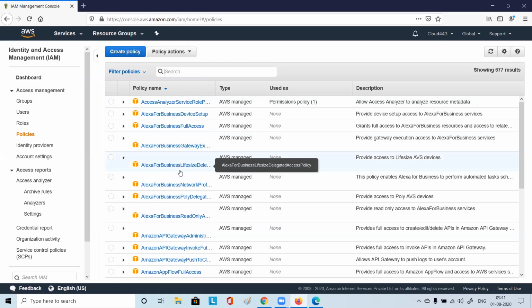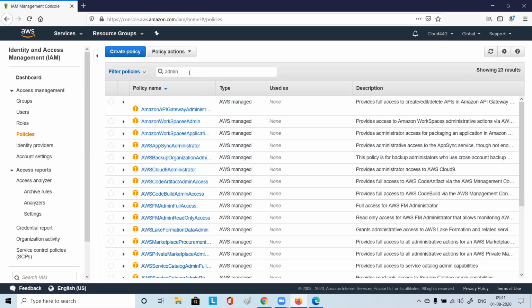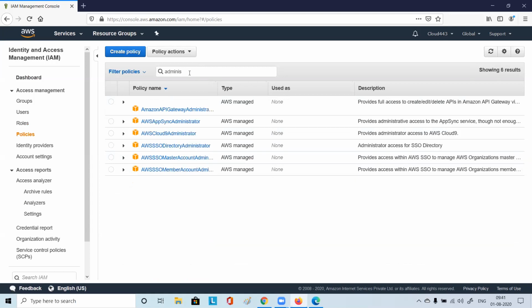If you want to assign a particular policy, you can choose one related to what you want to give, say for administration. Administration related, something like an AWS Cloud9 administrator policy.